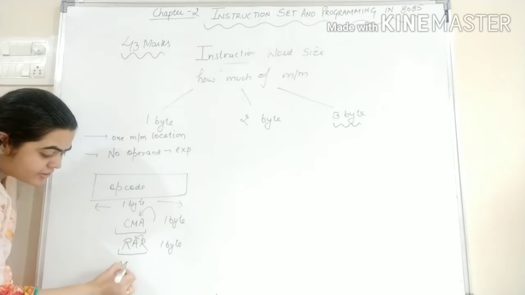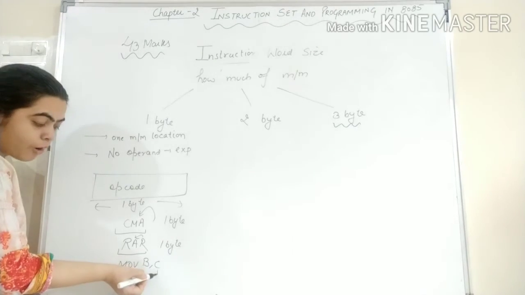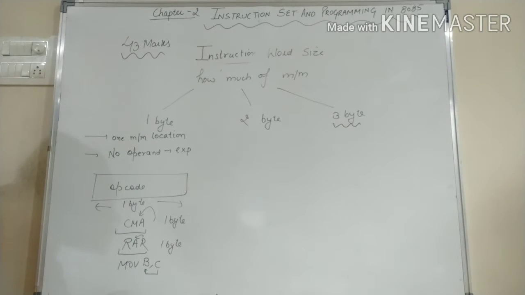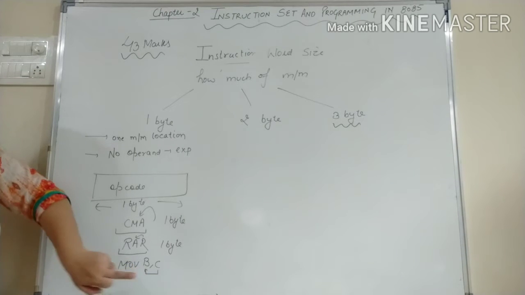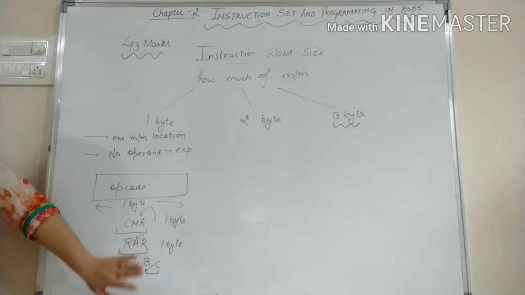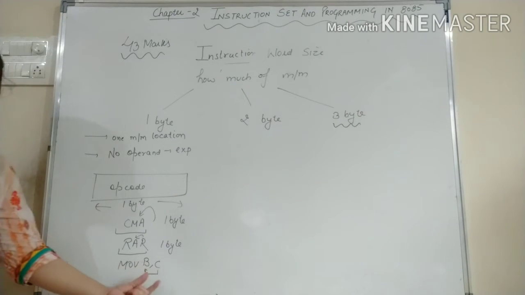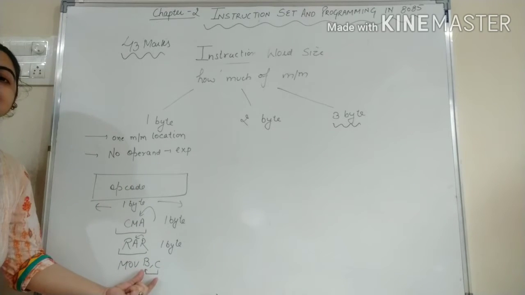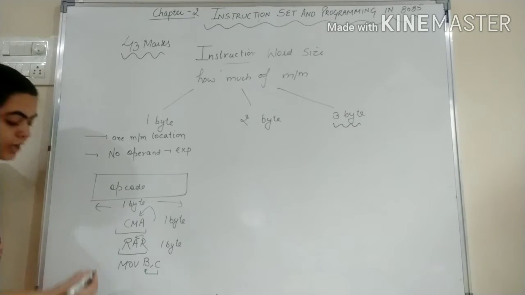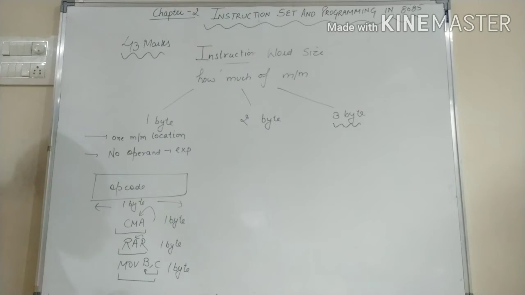Next we can see we have an instruction MOV B, C. In this instruction we have to copy the contents of the C register into the B register. That means whatever contents are present in C will be copied into the B register. So here no data and no 16-bit address or 16-bit data is explicitly specified. The data is inside these registers. Again this is an opcode, and this opcode can occupy 1 byte of memory. So this is a 1 byte instruction.